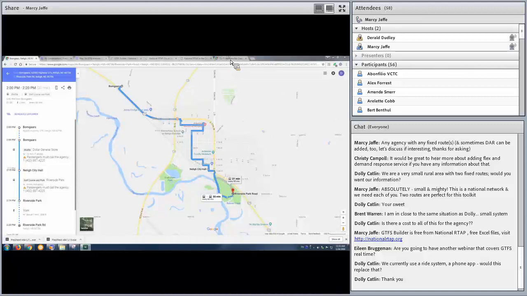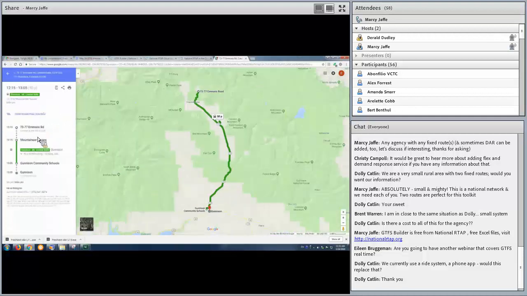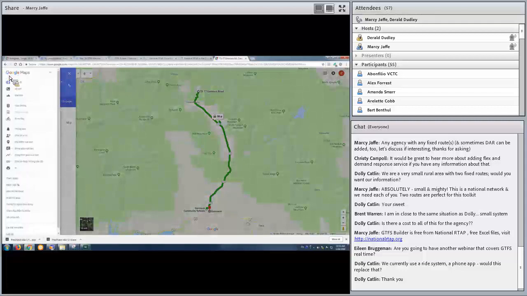I'll make one more screen available. Those of you who are needing to catch up on your Title VI, you can now see a trip plan that's in Vietnamese. And so a rider who might not use English as their first language will get a chance to trip plan in a whole series of trip plan languages. And the way that we get there is by choosing on the left